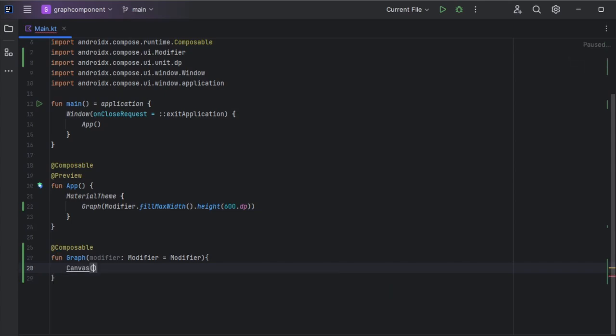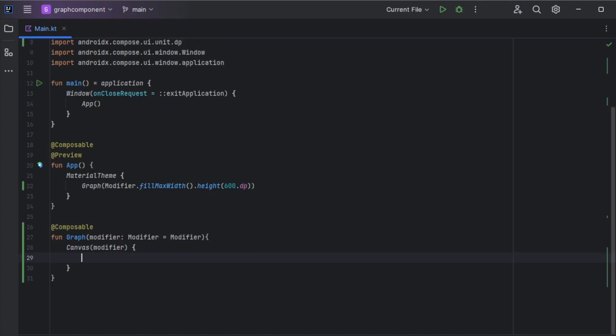Our graph will be based on a canvas, so we create one inside our graph and give it the modifier as a parameter. I will create the equation that we will want to start drawing. So let's try out sinus,